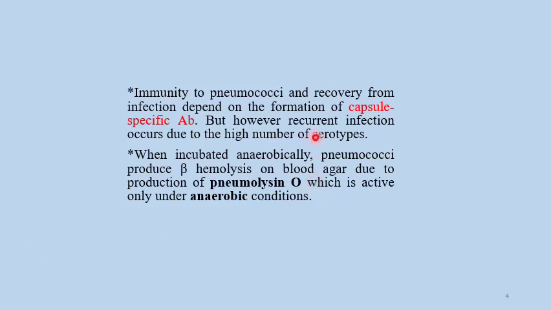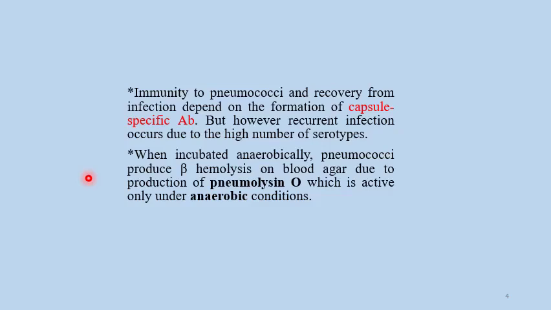But, however, recurrent infection occurs. That means a person can be infected by this kind of organism dozens of times in his life. Why? Because of the high number of serotypes, which we said can reach 90 different serotypes according to the capsule. When this organism is incubated anaerobically, the pneumococci cause beta hemolysis